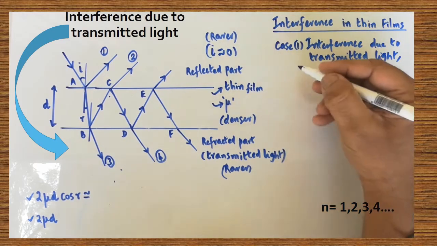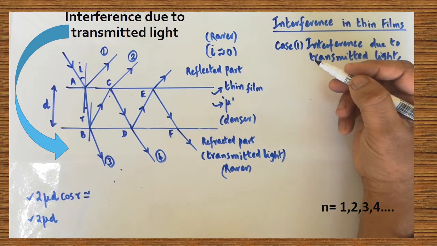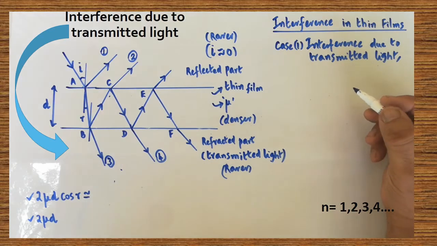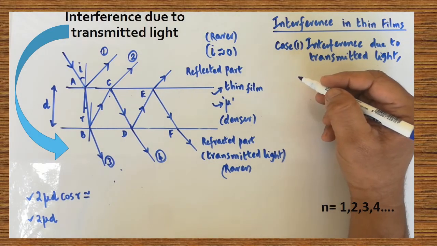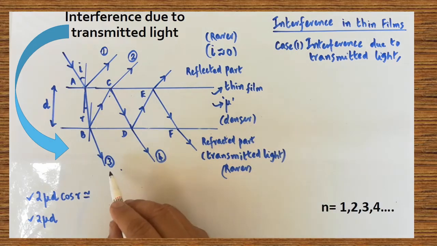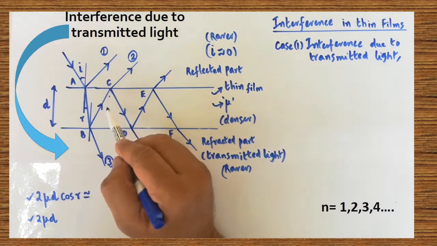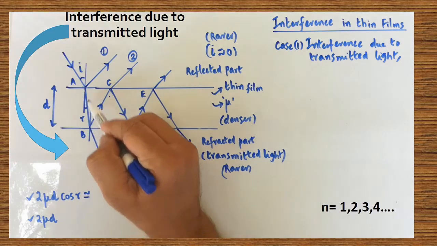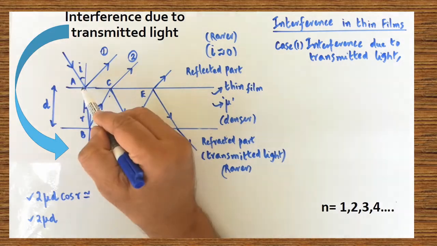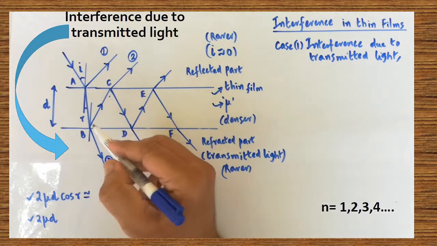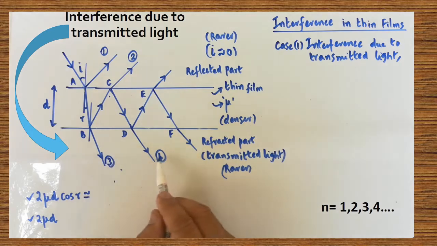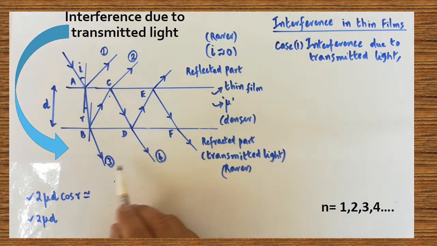Now first we have to find out the condition for constructive interference as well as the condition for destructive interference. First we have to find out the path difference. How will you find the path difference? Now we will calculate the path difference between these two rays. Look at that. This is a ray which travels from A in this direction, traveling through the denser medium, and that one becomes the third ray. These two are going to interfere, these two are going to act as coherent sources.